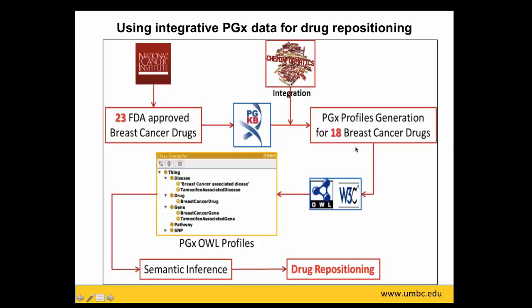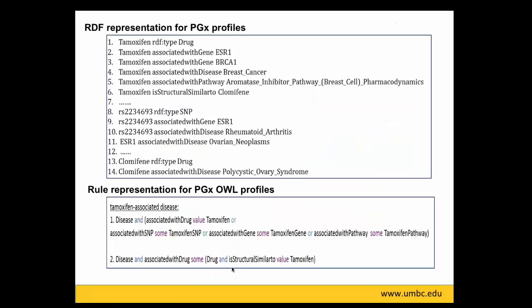Then finally, we generate the pharmacogenomics profile for 18 breast cancer drugs, and we convert that profile into our ontology and do semantic inference, and we are able to identify some drug candidates for drug repositioning. This is some of the RDF representation for the pharmacogenomics profile we created for these 18 breast cancer drugs. For example, we have tamoxifen, which is